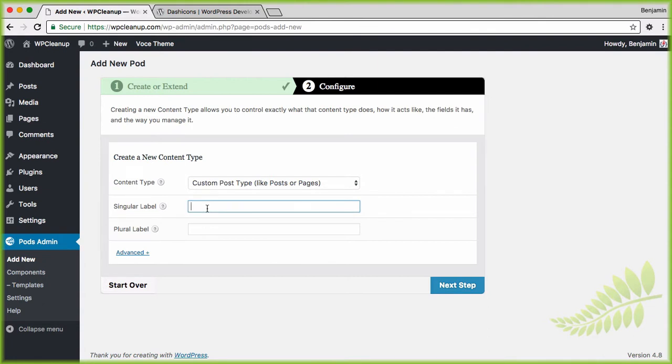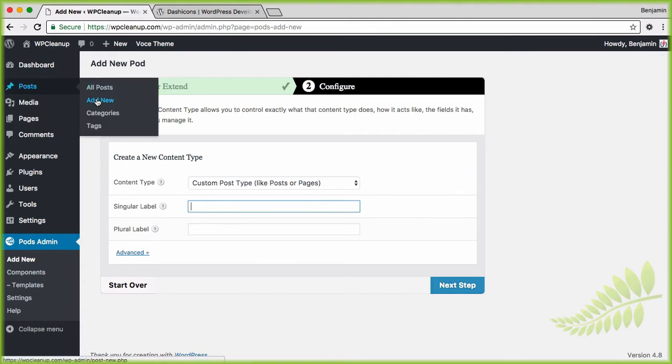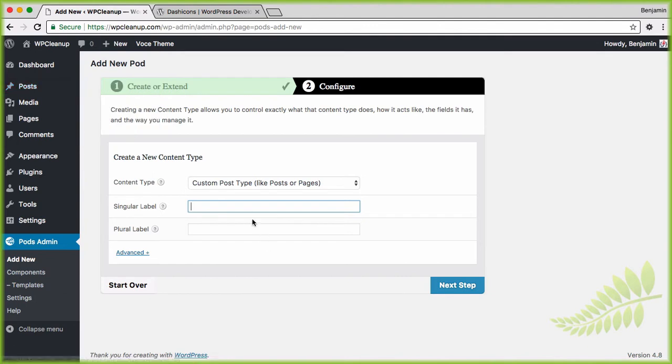In order for us to do this, we have instructions that say a singular label and a plural label. The reason why you have 2 different ones is simple semantics. The idea that when I want to add a new post, that's singular, but when I want to show all the posts in a list, that's plural. So we need a way for our custom post type to understand that type of semantics. So we're going to do something as simple as press release and then press releases,